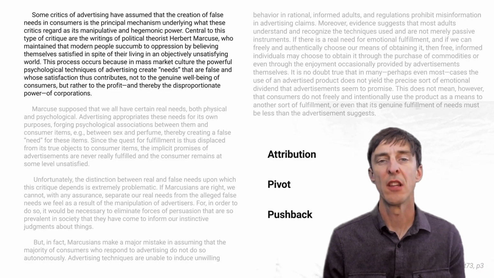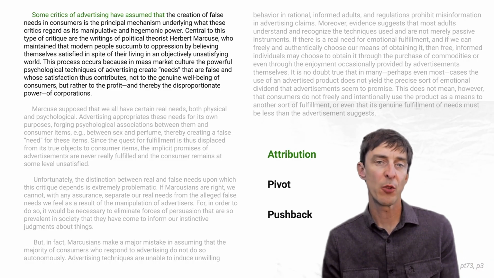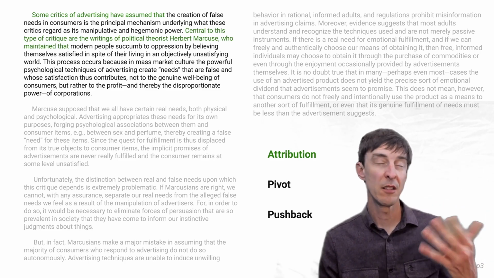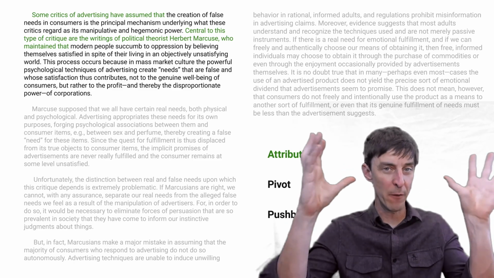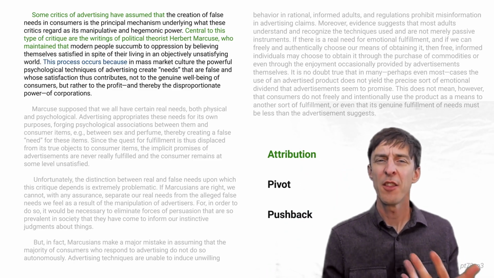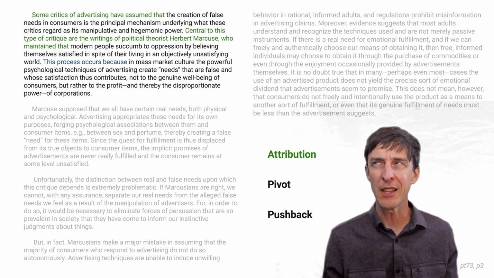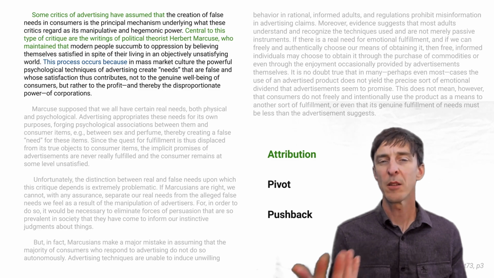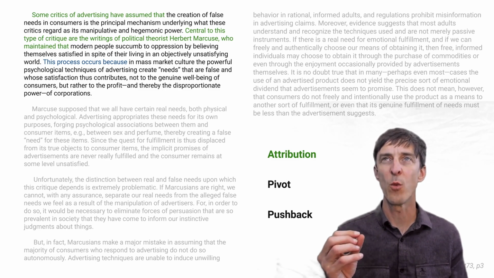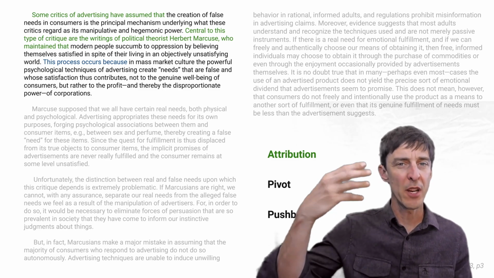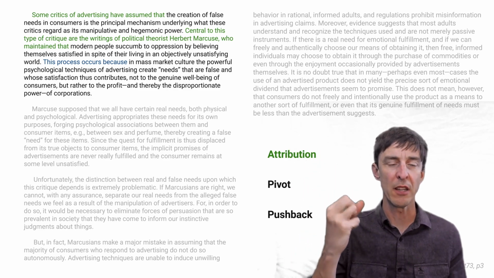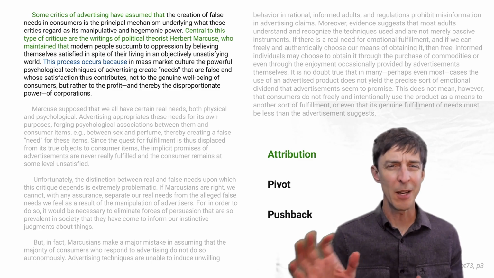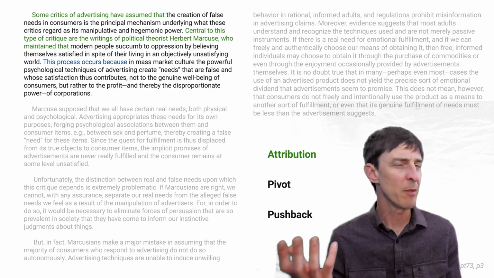This passage, just like the last one, starts with an attribution: some critics say blank. And then the next sentence says, central to this critique, so voicing the same view is this dude Marcuse. The third sentence, it's kind of hard to tell: is that the author talking, or just the author describing Marcuse's point of view? Sometimes it can be tricky to decide when the author is just elaborating on someone else's position or agreeing with it at the same time. So at this point, we would still think, all right, it's not a pivot. If anything, that's probably still Marcuse.